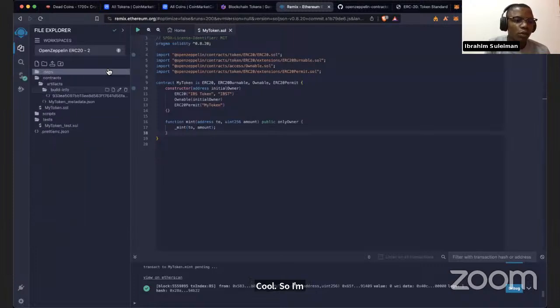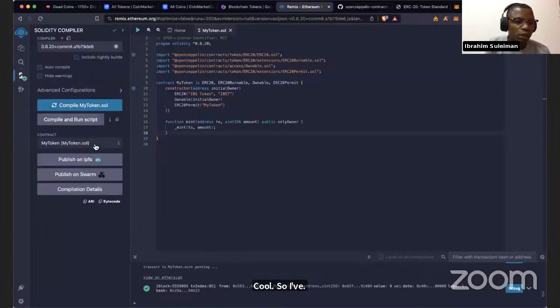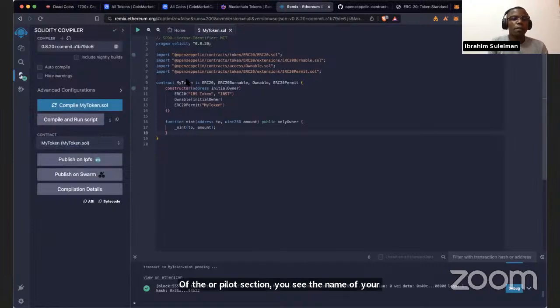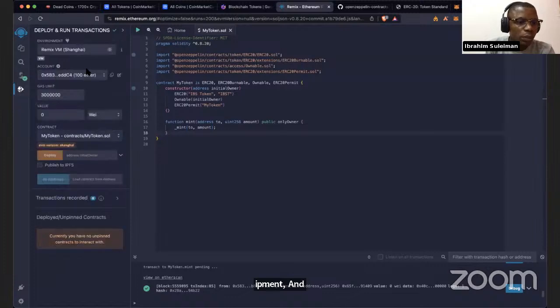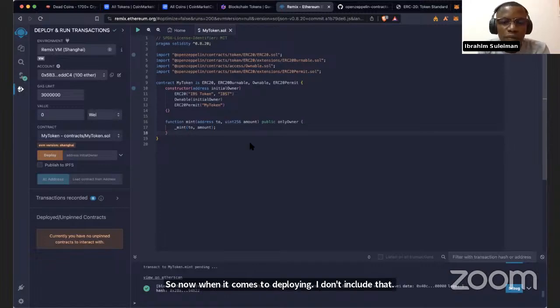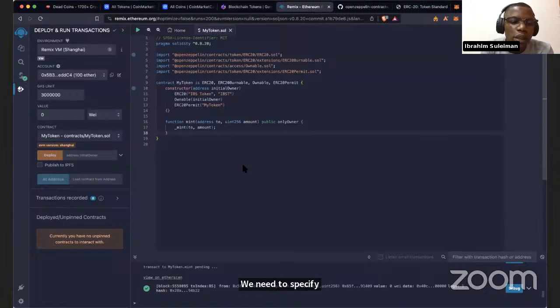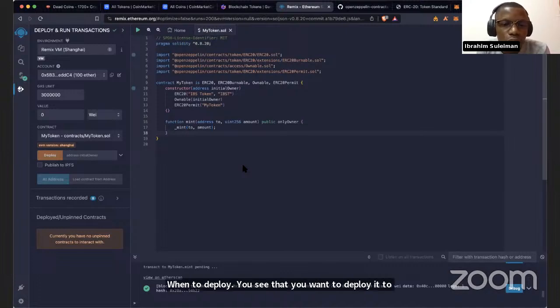So after compiling this code, we move to the compiler section, and you see the name of your token, MyToken, over here, which is the name of our contract. And after compiling, the next thing is to deploy. So when it comes to deploying our token contracts, we need to specify where to deploy it. Either you want to deploy it to the mainnet, or you want to deploy it to the testnet. And for the testnet, you have to specify which of them, because we have Goerli and we have